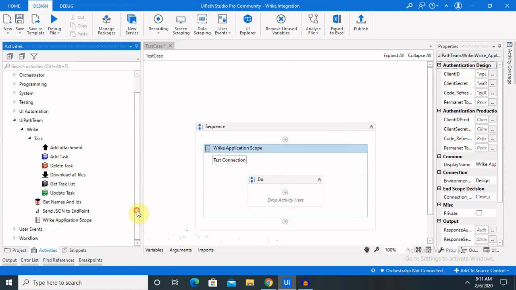So let's recap this. We started with the Wrike application, and we discussed the inside of the Wrike application. Then we looked at which packages need to be installed for integration, and then we discussed the connections for creating a project, then client secret, client ID and code refresh. And for the other parameters, we can directly connect with the permanent token ID as well. So this is all about setting up a connection or integrating UiPath with Wrike.